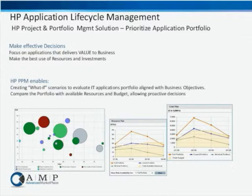And then to Doug's point, we can prioritize the application portfolio. Do we have the right applications in place? Are there any applications that potentially could be retired? What if there is a demand change? What if an application gets pushed out, and we need to divert our resources and focus into another initiative because